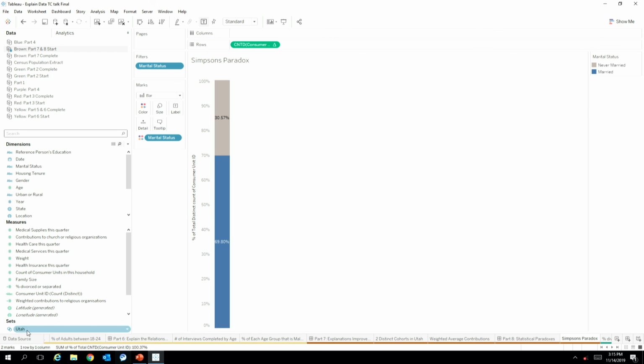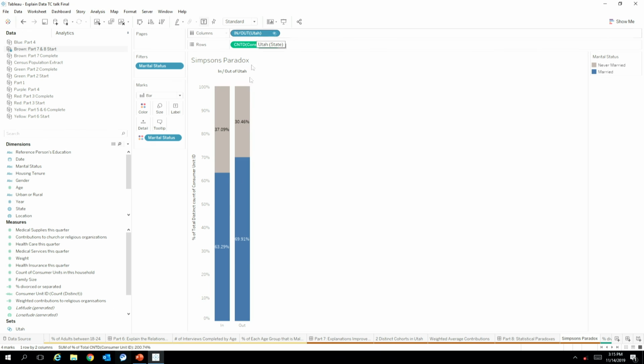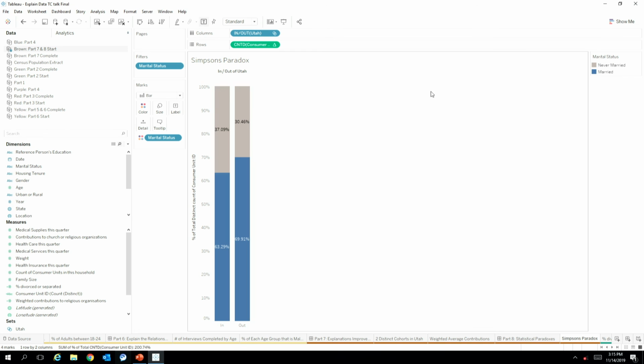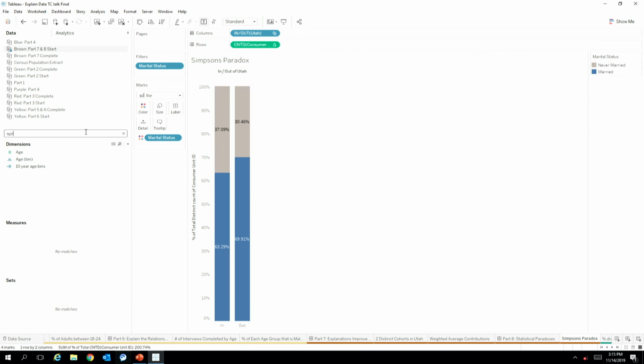And now if we split this out by Utah versus other states, you can see that in Utah, a smaller proportion of the population is married than in all of the rest of the states. But now, what happens if we break this down by age? So I'm going to grab the age, 10-year age bins,